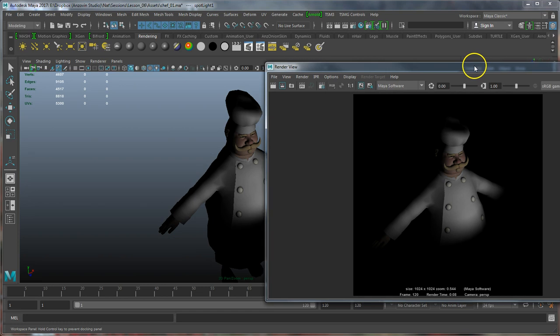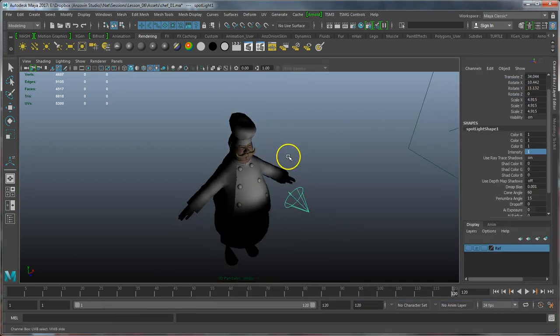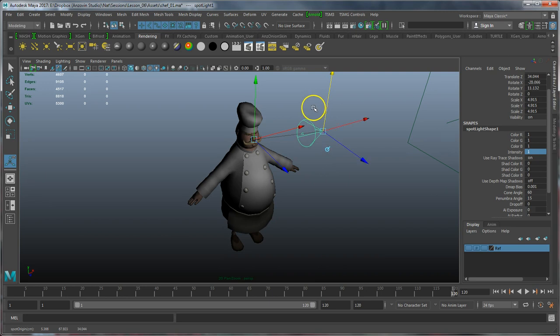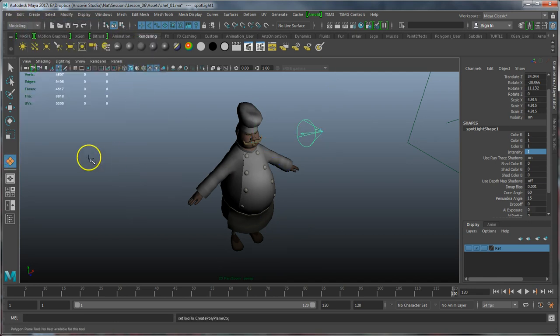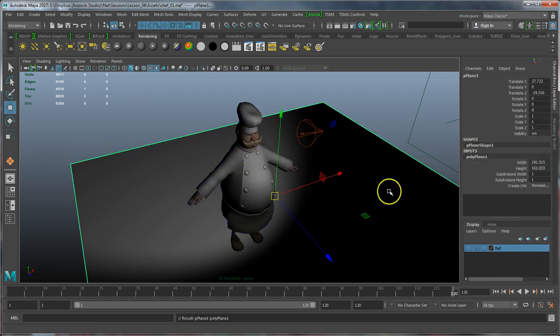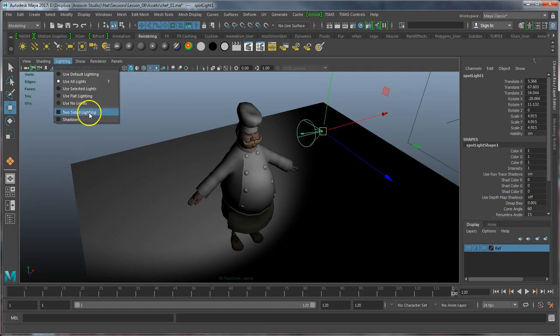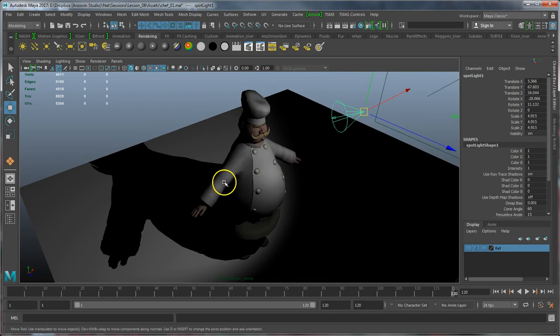But now we're going to want to add some extra lights to our scene to flesh out the character, as well as control a few light options. The main light in our scene is usually something we want to cast shadows. In order to cast shadows, we also need something to receive shadows. So let's make a basic plane. By default, shadows are turned off in order to save on performance issues. But if we turn on